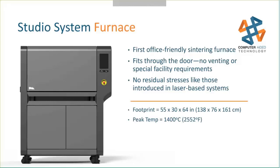It fits through the door. And another large benefit is you don't have any residual stresses like in laser-based systems. So you always have to heat treat in laser-based systems, and as well as while you're printing, if you're printing somewhat larger parts,